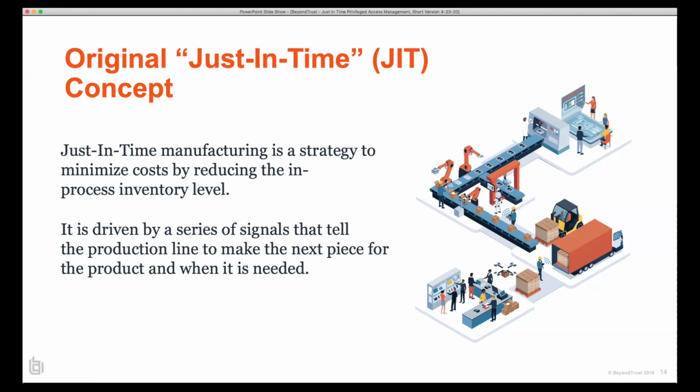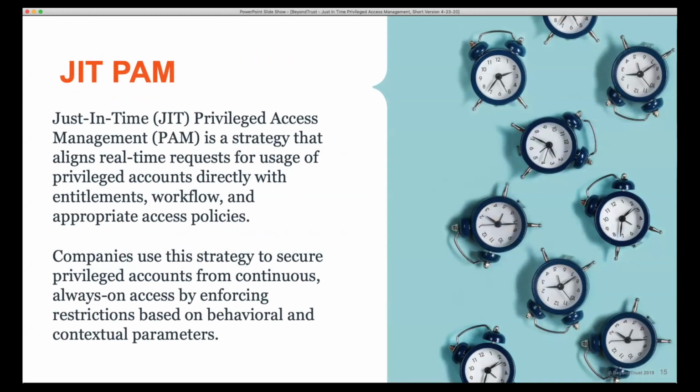Based on what you need, when you need it, deliver it. Don't leave it always on or sitting in a warehouse like parts, making it available for anybody to build at any time. So the strategy aligns the real-time requests and proves whether the person truly should have it, when they should have it, where they should have it from, and grants it and uses it with all of those monitoring techniques, including behavioral and context parameters.